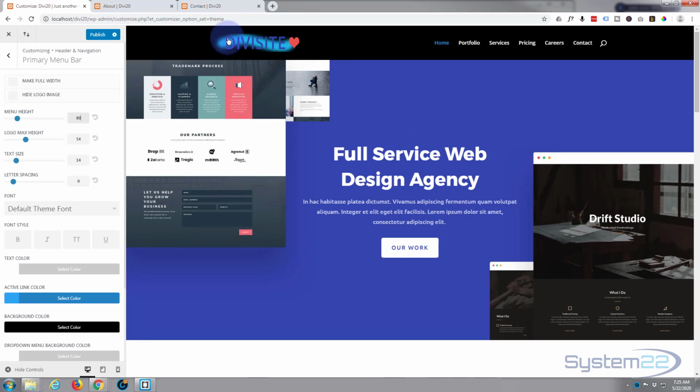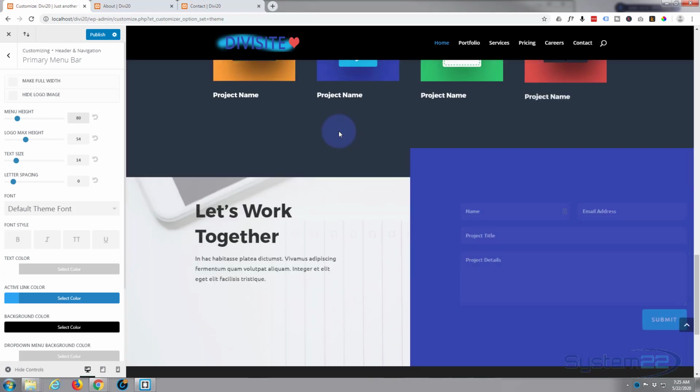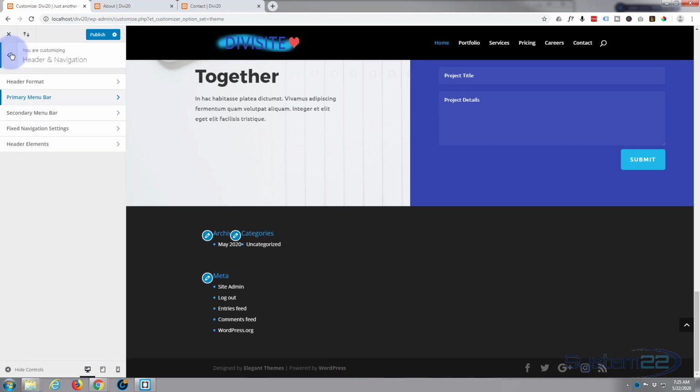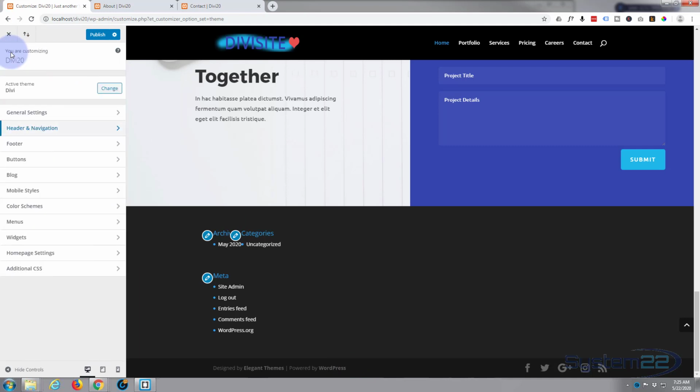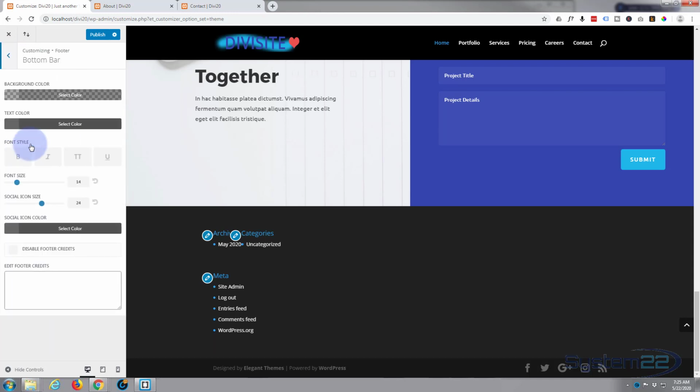Great, so we've got our pages, we've got our logo. Now if we look down at the bottom here, this bit I'm actually going to get rid of. This is the widget area, and we'll go somewhere else and do that. This is the bottom bar right here. So if we go back while we're in our customizer, back to the root again, here's the footer, here's the bottom bar,